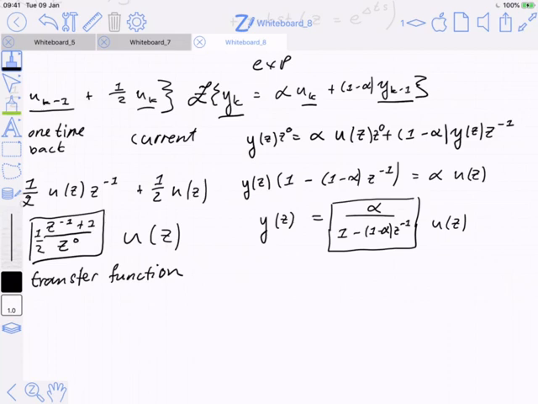Now, notice that I've written both of these in the form with negative z's, because, as I said, it's pleasing to use negative powers of z because it talks about the past. But you will find it is harder to do electronic math with negative powers of z, because most of these tools want to just use normal powers. And so you'll find that